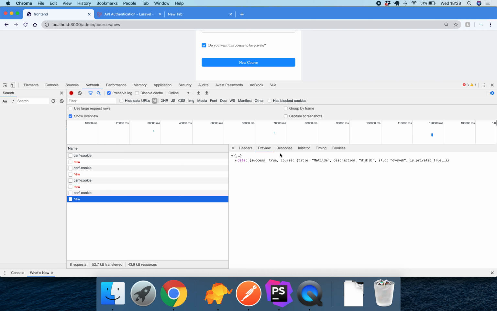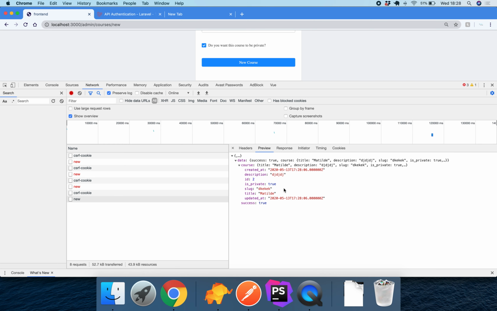And now it works. So what we have now is the opportunity to basically add in